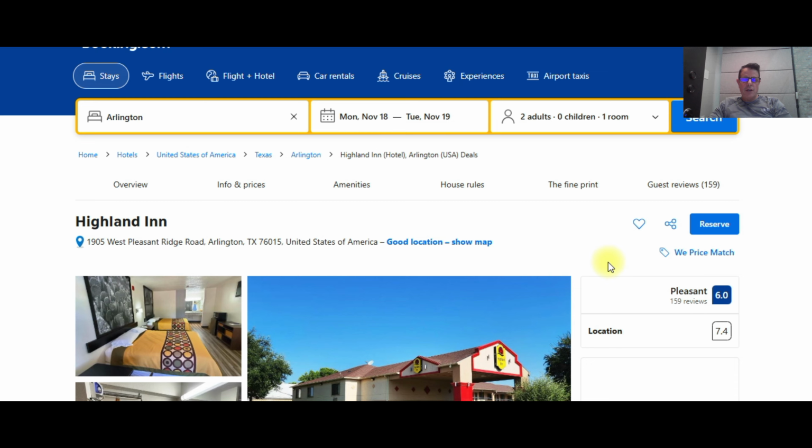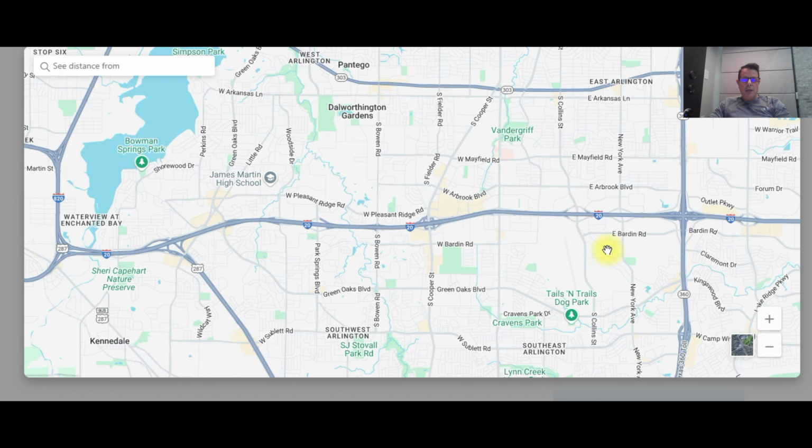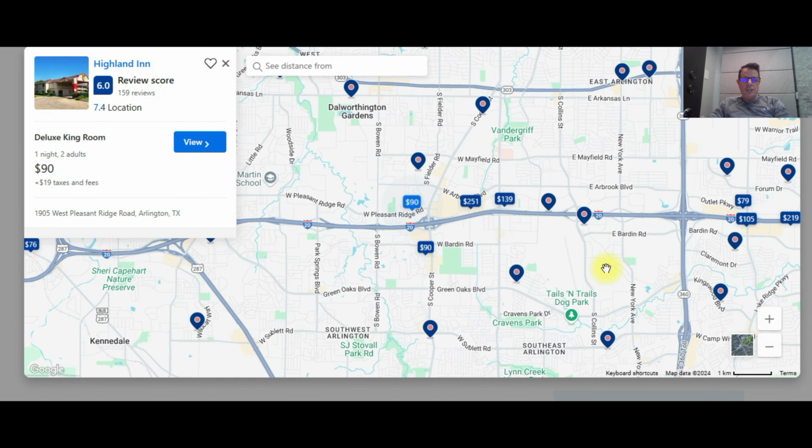Now, this is where customers are going to go, obviously, to book your hotel. A lot of times they're going to look at where the property shows up on the map. When you click on this, your property should be in the correct location. This property is right here on the map. I know it's correct, but if you need to change this, if it's an incorrect area, if it's over here or over here,